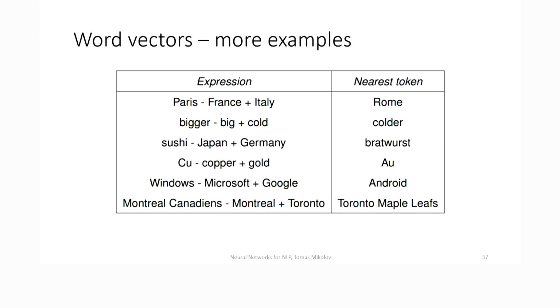Then there are other funny analogies that you can find in the papers that we published, which is more for fun than anything else. You can, for example, take sushi minus Japan plus Germany, and you end up with bratwurst. So it's fun to play with these models, and I think it's also actually useful for people who are doing data science and data analysis. If you are working in a company where you have tons of data coming from the users and you want to figure out what the recent trends are, then you don't really need to do these calculations, but you can definitely look at how the word vector space is evolving in time.